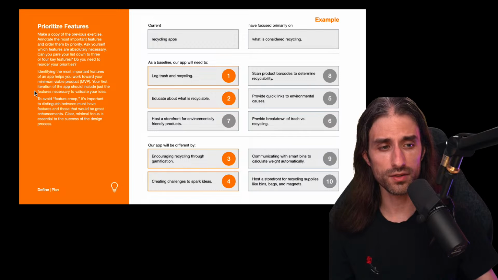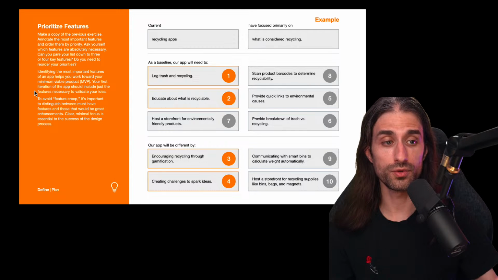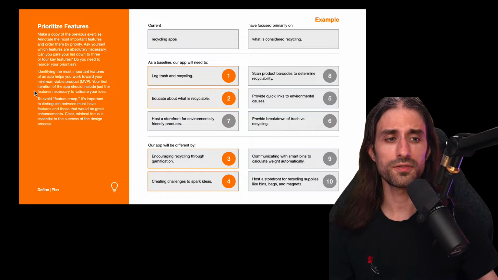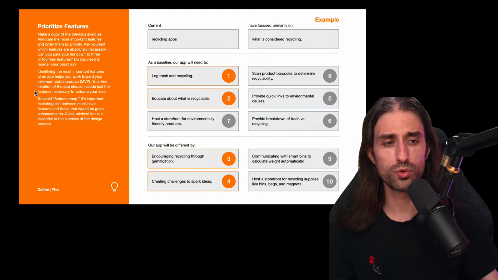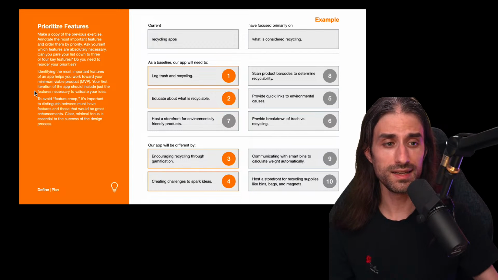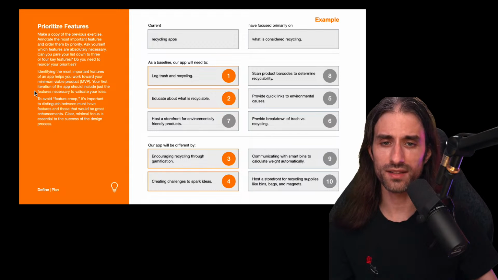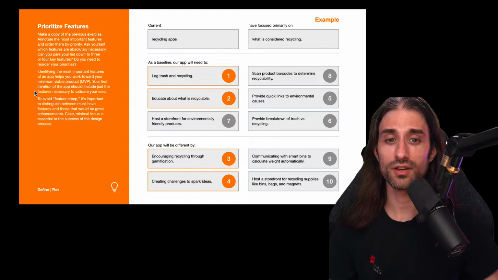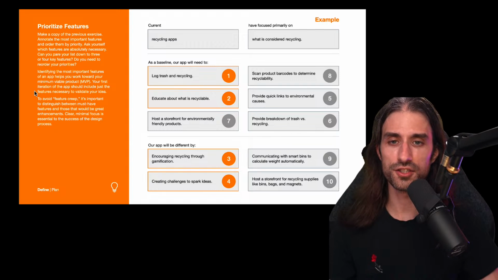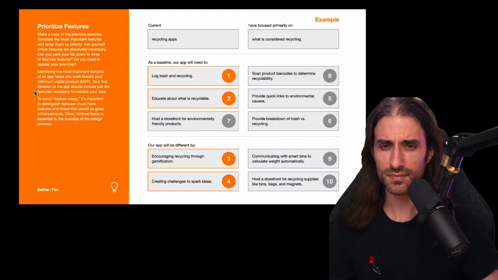And the earlier you can do it, the faster you will also be able to course correct, and the more likely you are to create a product that users like, validate, and are genuinely excited about.